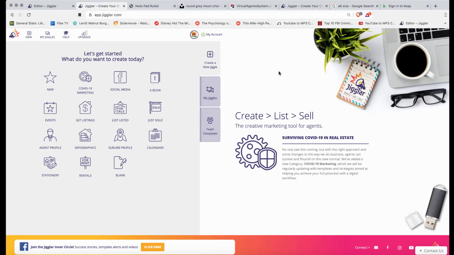Hey everybody, Ray Wood here for Jiggler, and today we're going to take a look at the ruled notepad or notepad page. And to check it out, all you need to do is obviously go to your dash and you're going to click down here, stationery,